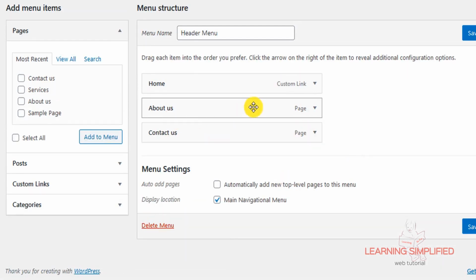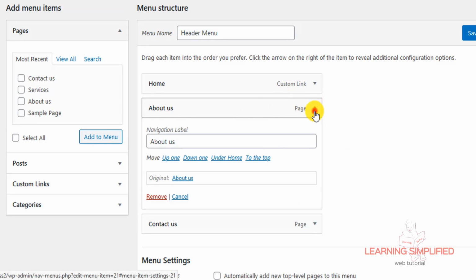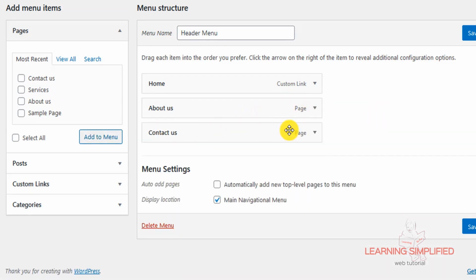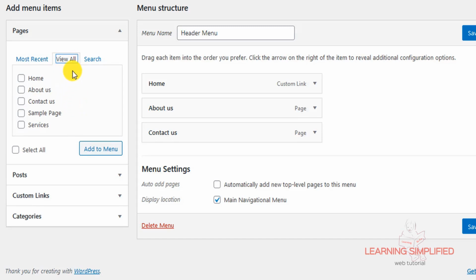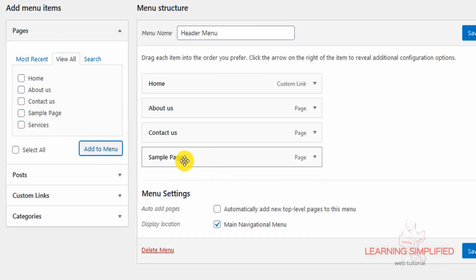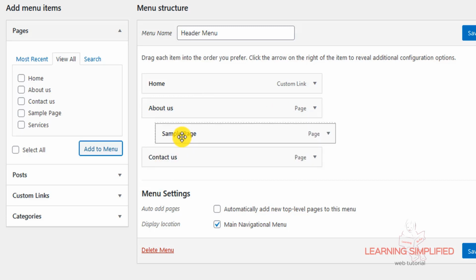So let's remove, and inside this about us page, first of all, we will be creating a kind of drop down link. We will be first putting this services view, or let's first of all have a view of it, and we can see that this is the sample page. So we are going to put this sample page here, and in order to make it appear as the child or sub menu item of this about us menu item, all we need to do, we need to drag it and reposition it.